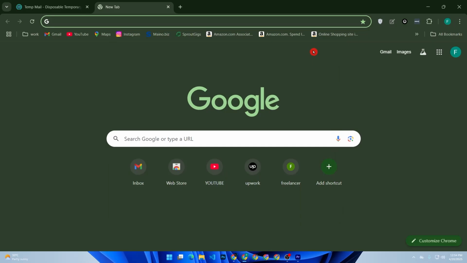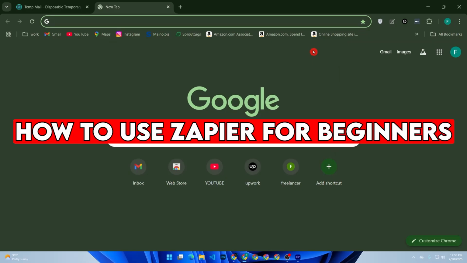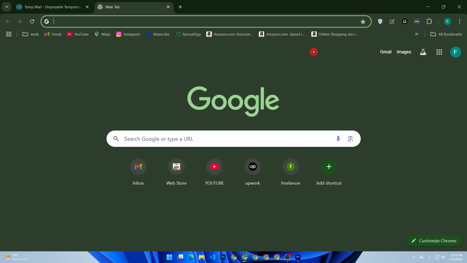Today, I'm going to show you how to use Zapier in 2025 step by step. Even if you have never used automation before, let's make your life easier with smart workflows. Zapier connects your favorite apps like Gmail, Google Sheets, Slack, Notion, and lets them talk to each other automatically using something called Zaps. So now head to zapier.com,